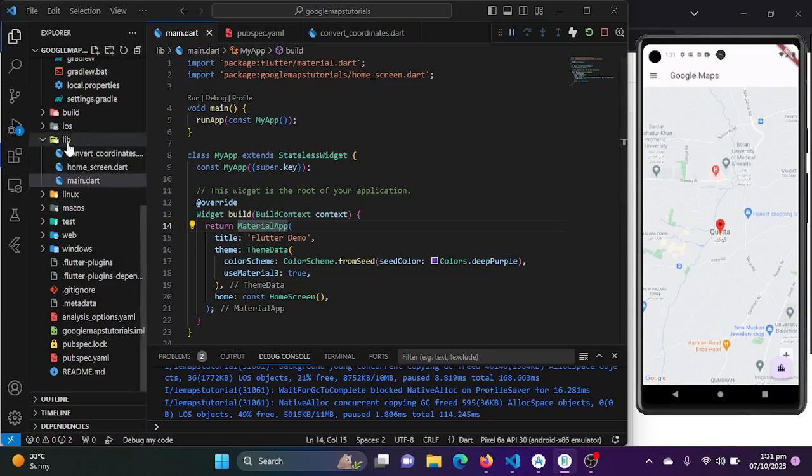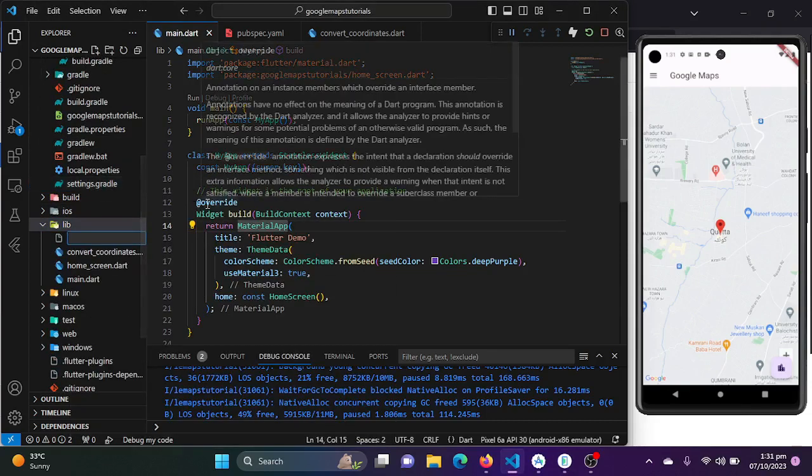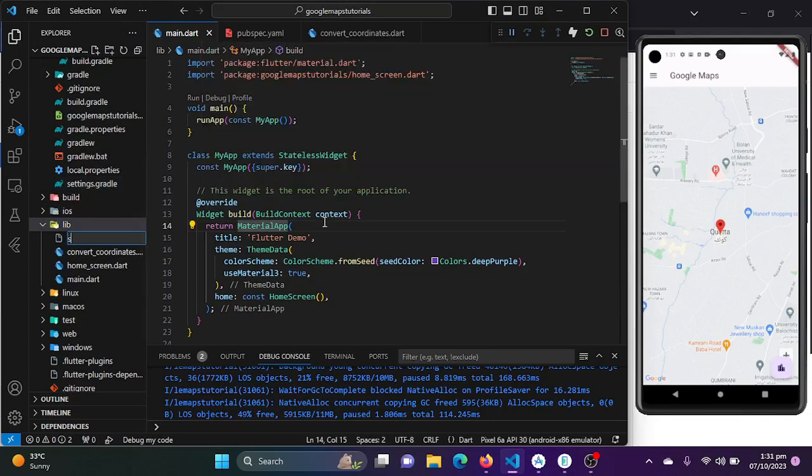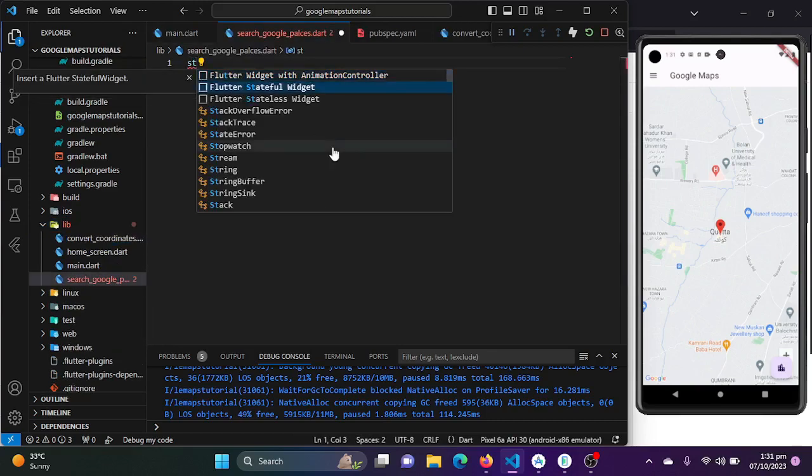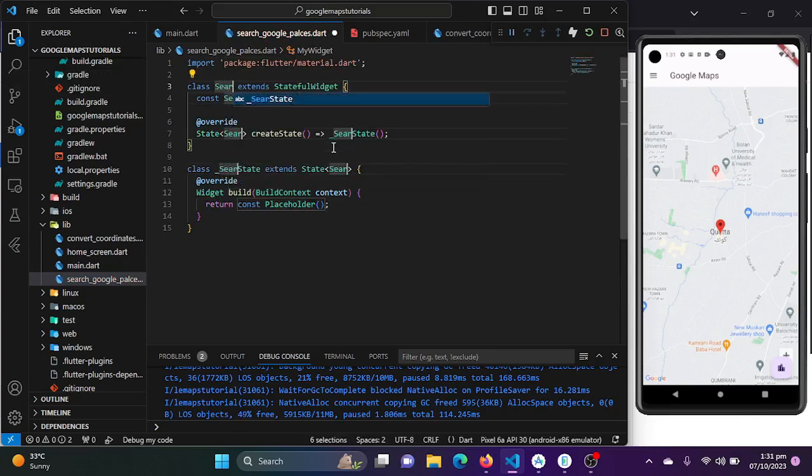I will be creating a new Dart file in my lib directory, and it will be search_google_places.dart. Now I will be creating a stateful widget here, which will be SearchGooglePlaces,